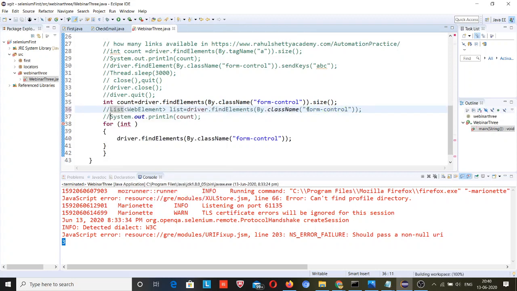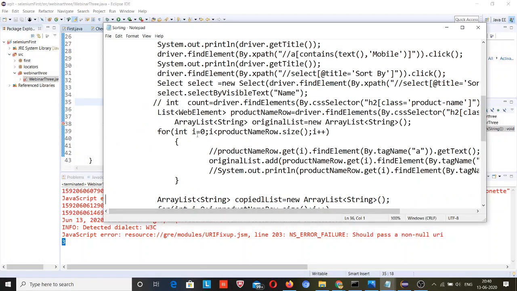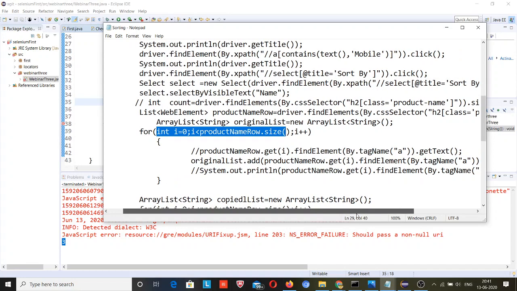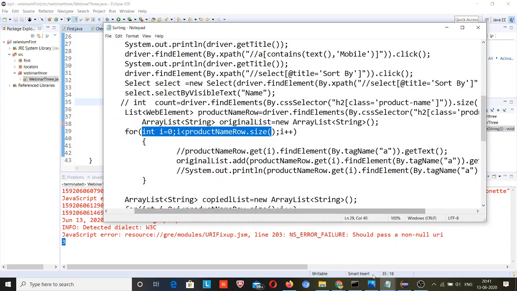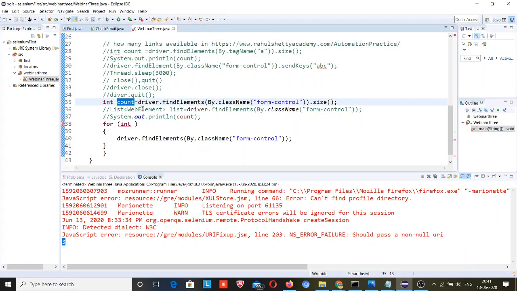And now, what I will do, I will paste this code. I will explain it to you, in this type list element. Okay, product size. Let me comment this first.